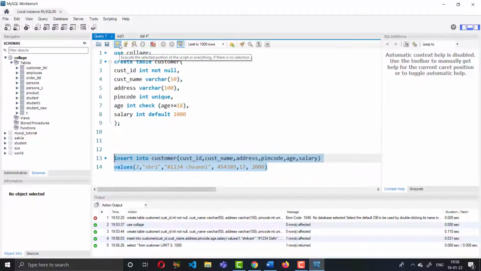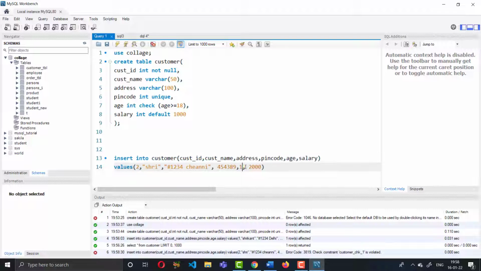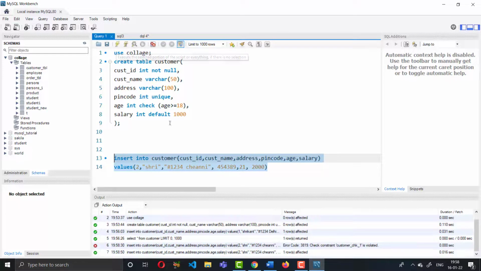Okay, so here it says that check constraint customer chk one is violated. Because the check constraint is violated, we are not able to insert the data. If age is greater, suppose age is 21, then this information will be inserted in the table.